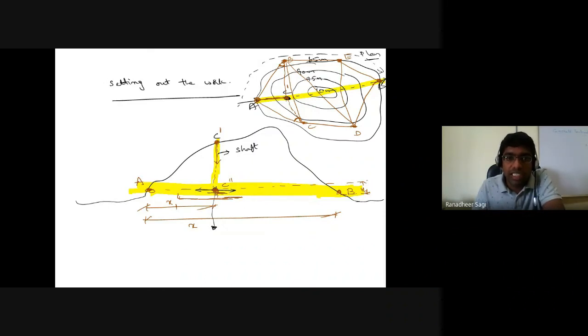So then I can understand what becomes your RL value of C double dash by making use of the RL value of point A or making use of your RL value of point B. Once the RL value of C double dash is known, RL value of C dash is known, then what is the depth of excavation between C dash to C double dash? It's the difference in their RL values.